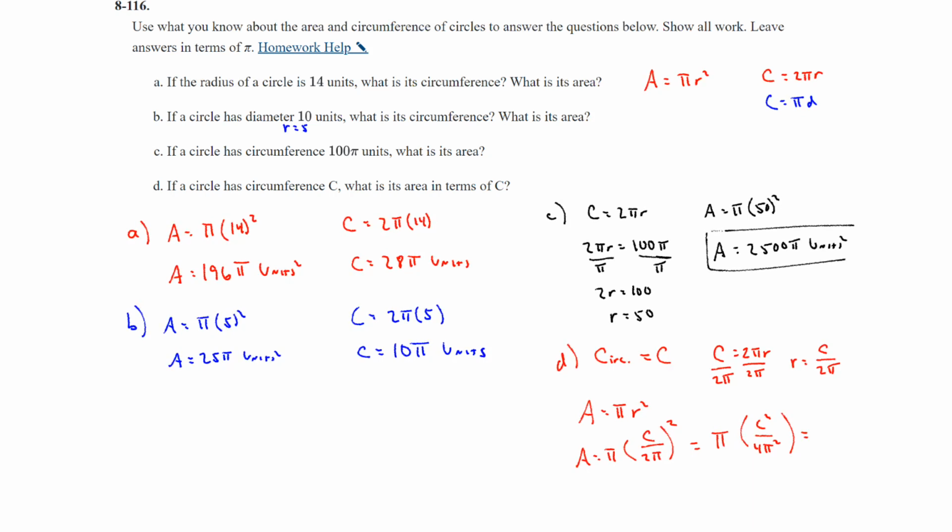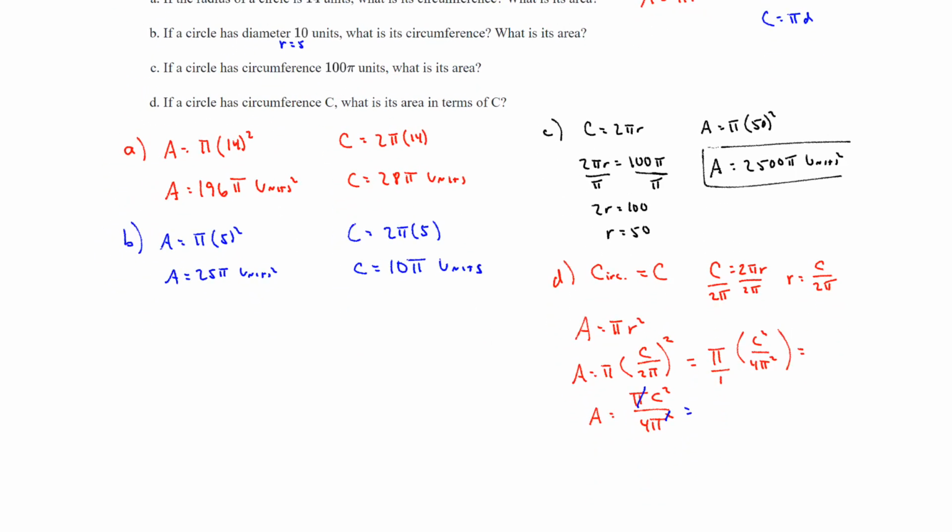So we can also write this. So this is pi over 1. So I'm going to write this out so you can see pi times the circumference squared over 4 pi squared. Now that's almost it, but because there's a pi in common, we can cancel pi divided by pi, but that still leaves 1 on the bottom. So at the end, let's rewrite this. The area in terms of the circumference would be the circumference squared